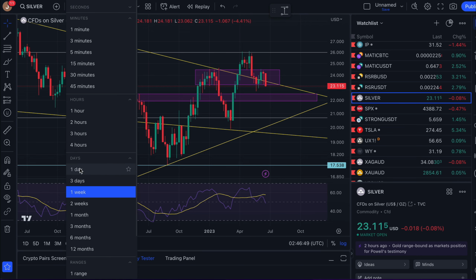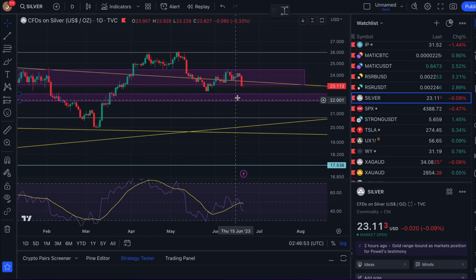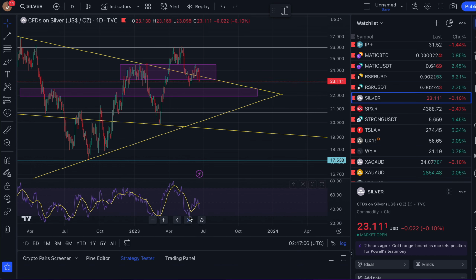I'll show you the weekly time frame. That was the weekly, sorry. I'll show the daily time frame. Yesterday we broke back down, unfortunately, so we're spending more time back in this symmetrical triangle pattern right here. On the relative strength index down here on the daily time frame, you can see we did bottom out, and